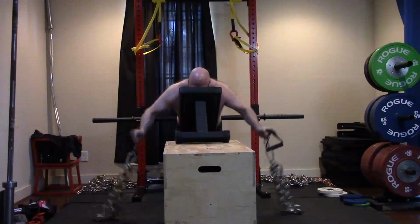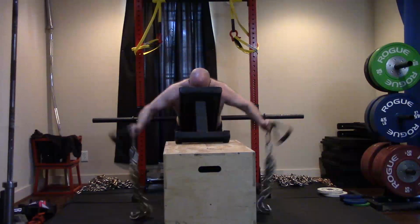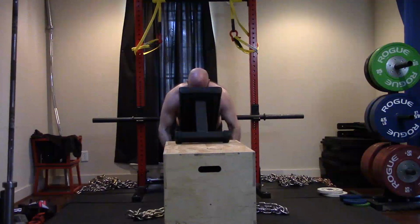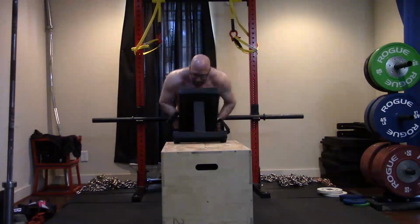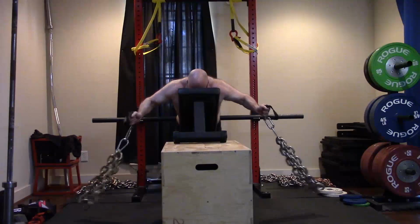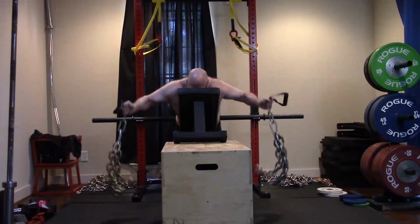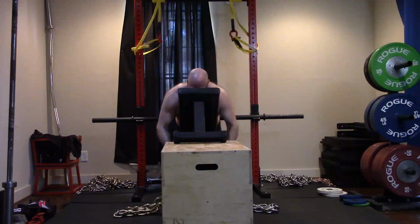Because again, the value of it from a hypertrophy perspective. Now, I was trying to get these a little bit higher than this, but again, just fatigue in the limit. Again, I might have to drop the weight to see on these if I can get them a bit higher, but it's also limitations of sometimes my shoulder structure. But I might try next time with a little lighter weight and go the next chain down. Instead of these 17.1s, I might drop down to the 12s and see if I can get a little more range of motion. But I got one hell of a rear delt pump from it,